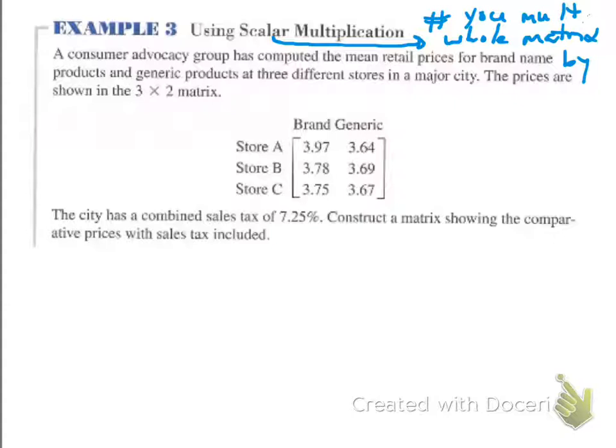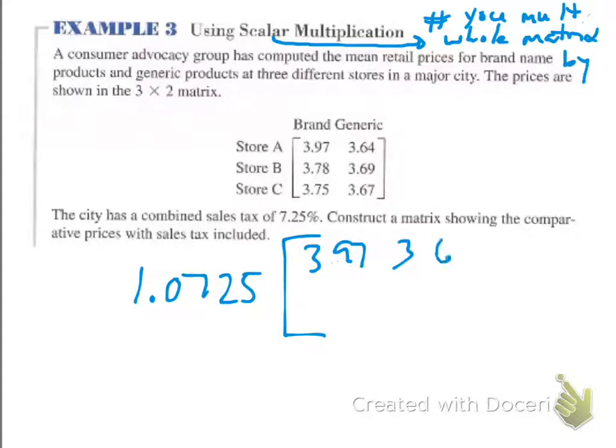So what we want to do is show the price including the sales tax. So we're going to multiply this matrix by 1.0725. Okay? Because it's 100% of the price, and then we're adding 7.25% of the cost onto it. So we're going to take all these numbers. Whoops, that's a 4. Okay. And then all you do,